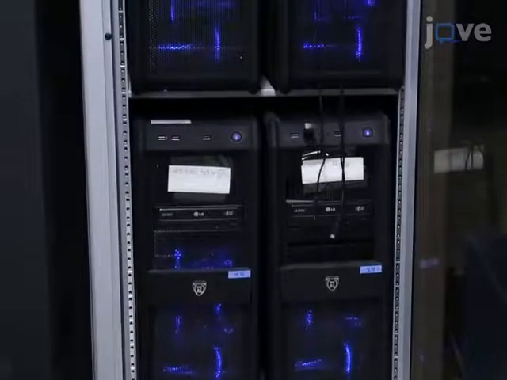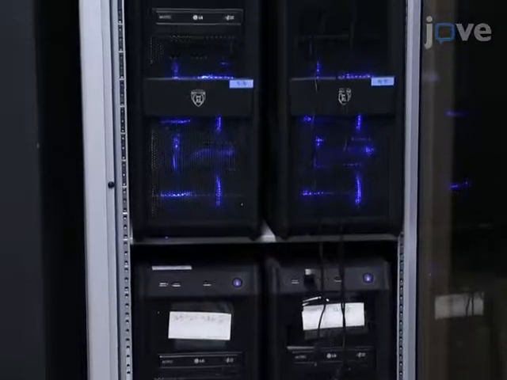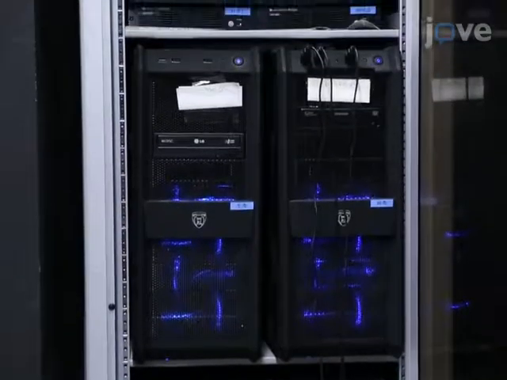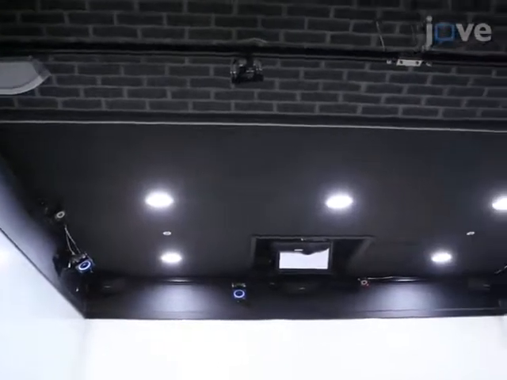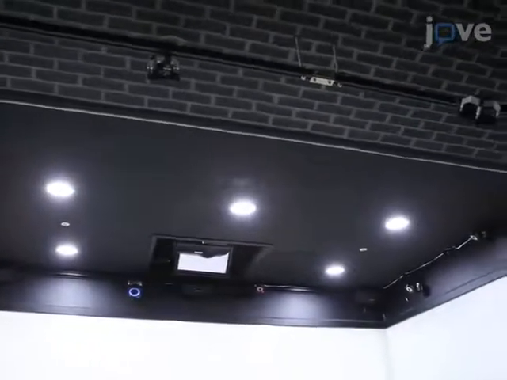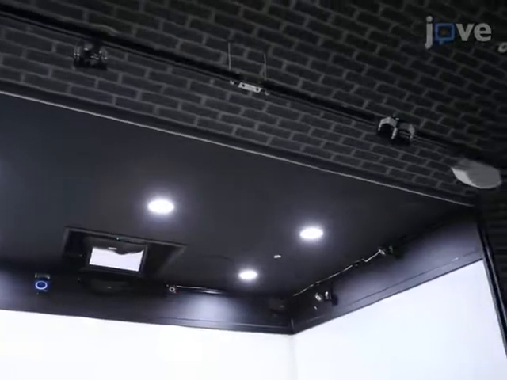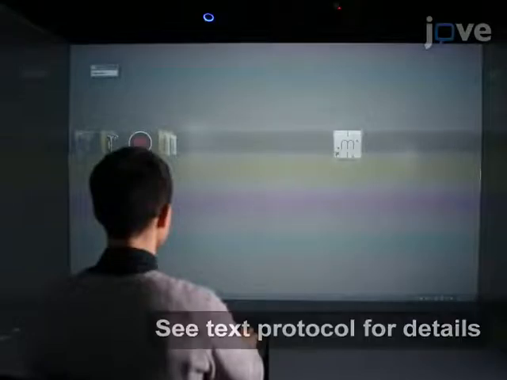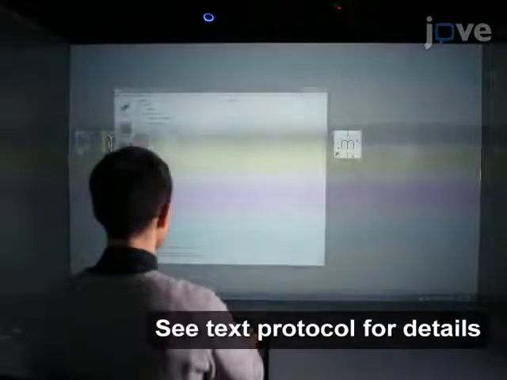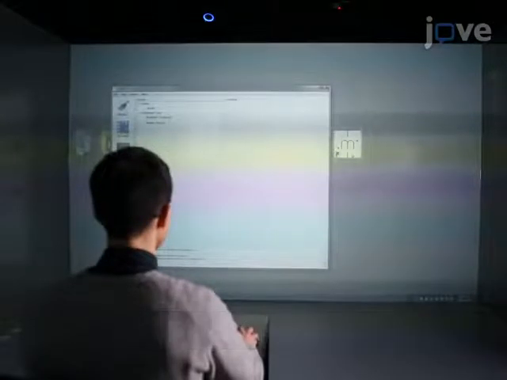Begin by setting up the hardware, including 4 computers, 4 stereoscopic 3-dimensional projectors, and 8 motion tracking cameras to track the position and orientation of the dominant hand and head during the 2 instrumental activities of daily living, IADL, tasks. Ensure that all computers are equipped with the required software. For Middle VR, check the website to obtain the latest versions of the